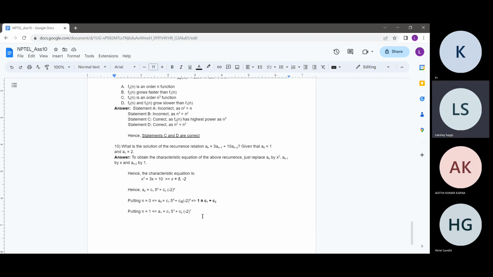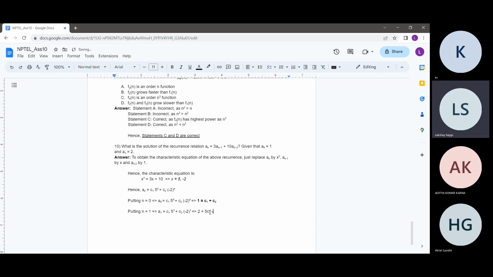So I hope you get the point. Right now we have been given a_0 and a_1. So this will give us a_1 is c1 times 5 raised to the power 1 plus c2 times minus 2 raised to the power 1. We have been given a_1 as 2. So this will give us 2 equals 5c1